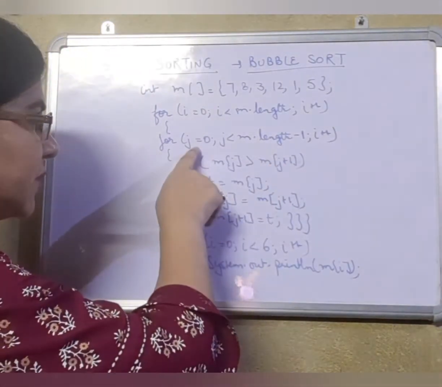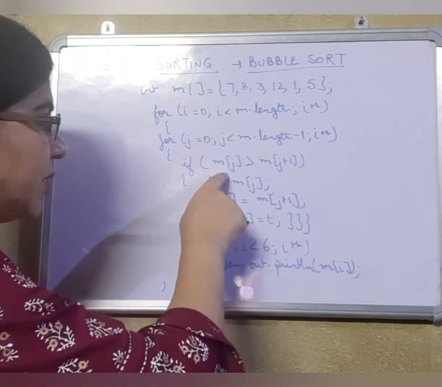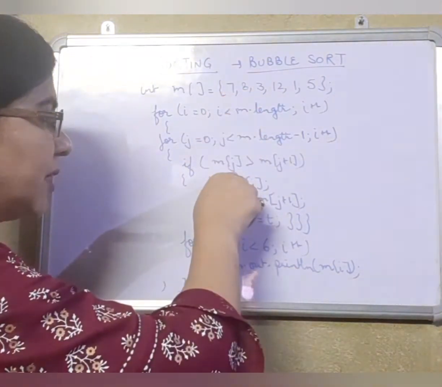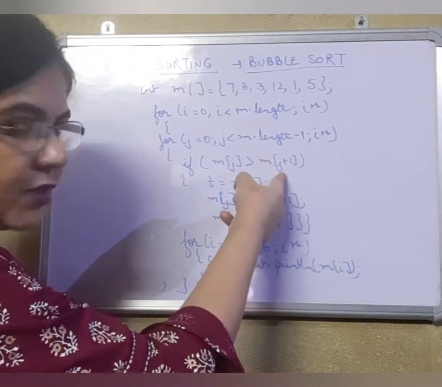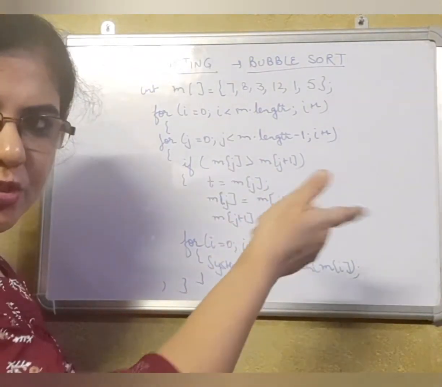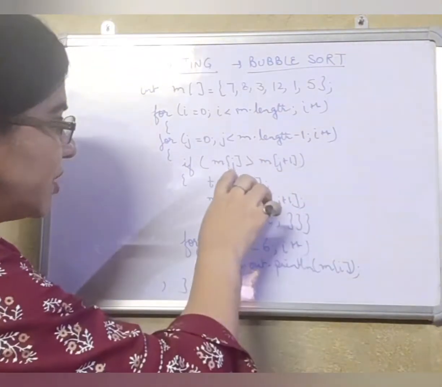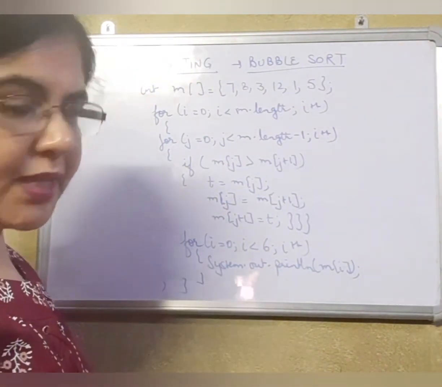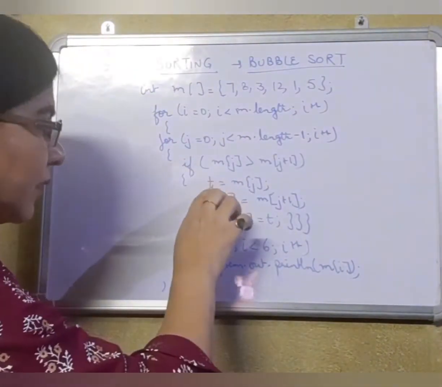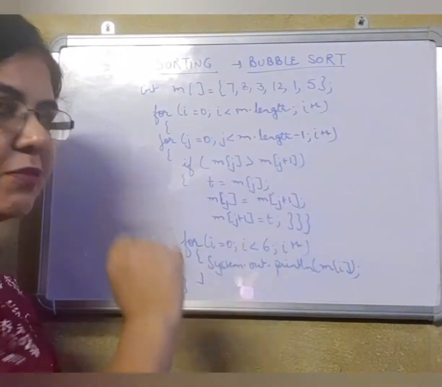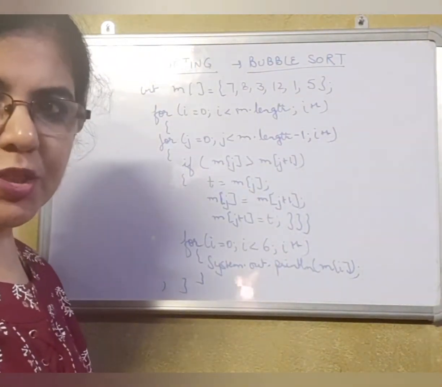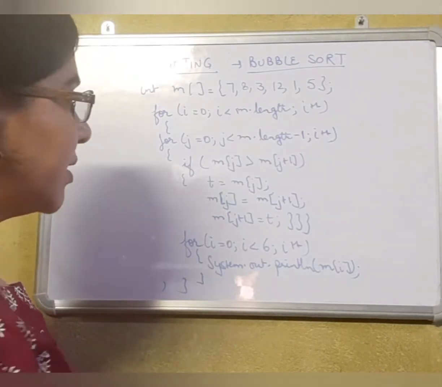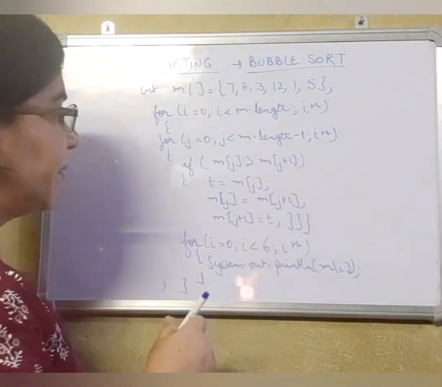If m[j], what is the present value of j? 0. It is going to 0 position, taking up 7 and comparing it with the neighboring element. j is 0, 0 plus 1 is 1. So 7 will be compared with 8. If 7 is greater than 8, then this swapping will take place. But presently the condition is false. 7 is not greater than 8. Then with the j plus plus,